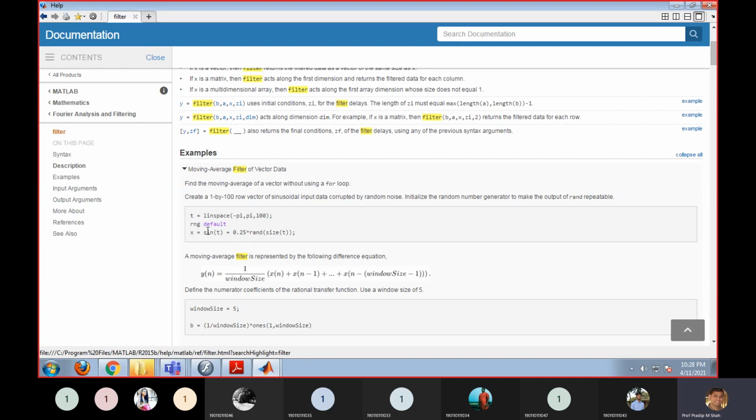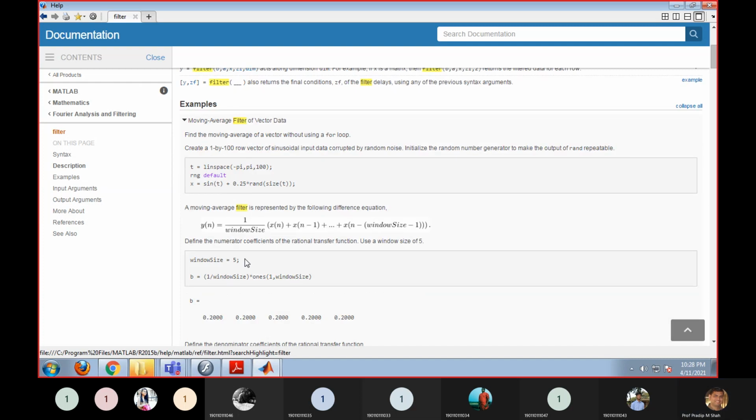So you can see here sine of t is your pure information signal, plus some noise of 0.25 magnitude times some random noise. The rand command each and every time generates a random signal, which is not predictable. Random is not predictable. So this is the input we are going to define.